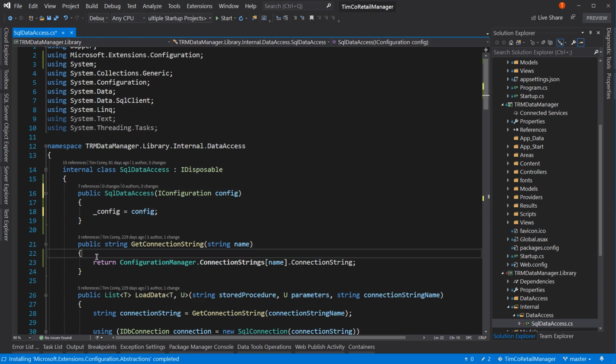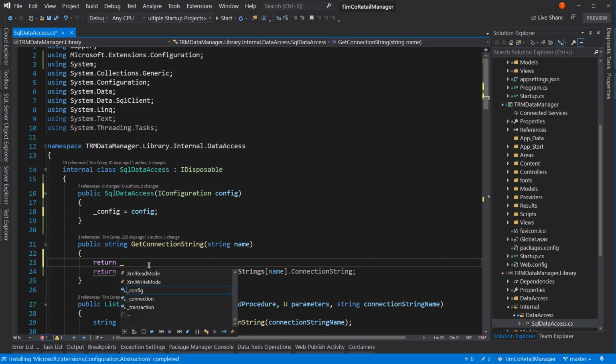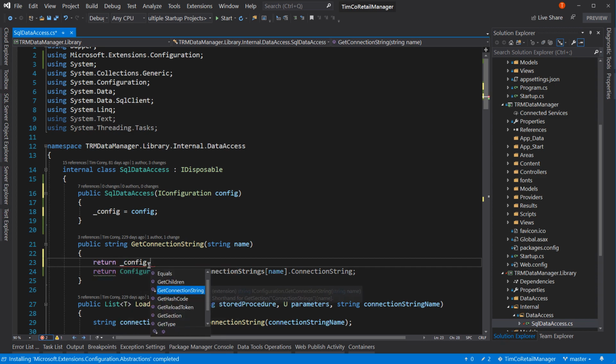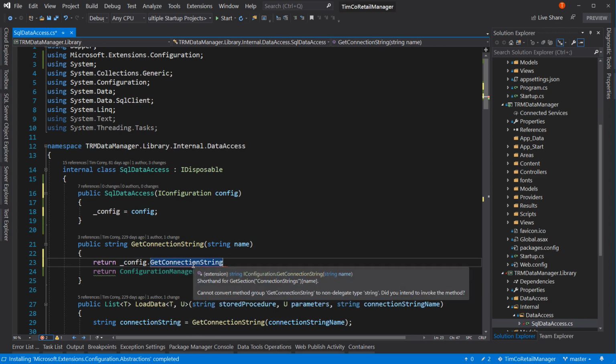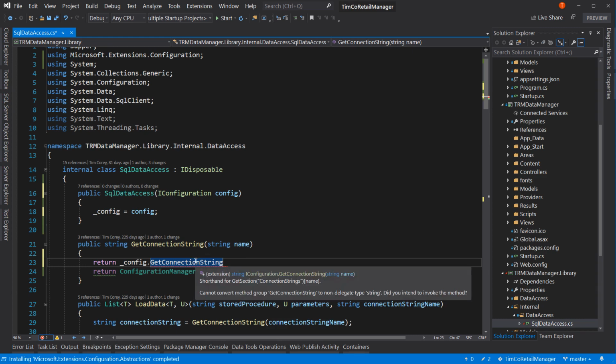And now instead of this return statement here, what I can do is say return config.GetConnectionString, which is actually an extension method, just so you know. Because normally it's just config.GetValue, and then you pass in the path to the connection string. But this is an extension method that makes things